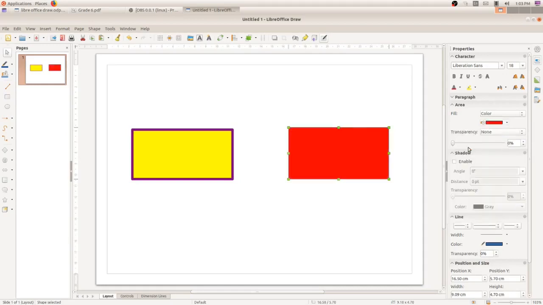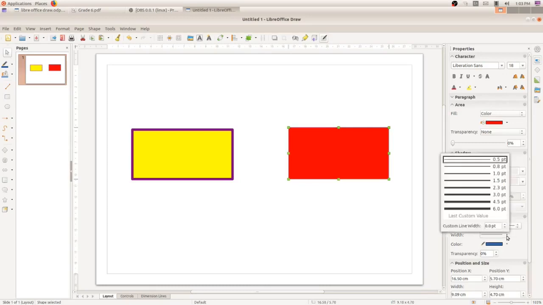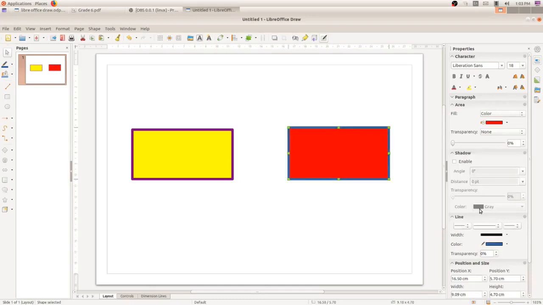Now under this there is a property called line. Can you see here line? What is the use of this line tool? To give color to the border of the shape. I am going to increase the line width here. Click on width and choose a width.